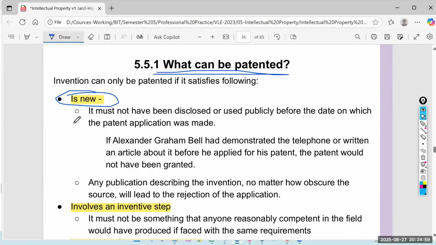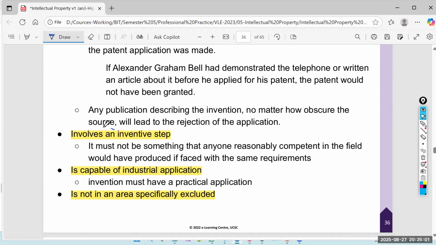And also there must be an inventive step. That means it must be serious, not obvious. And it must be capable of industrial application. It has some practical application, maybe commercial usage,